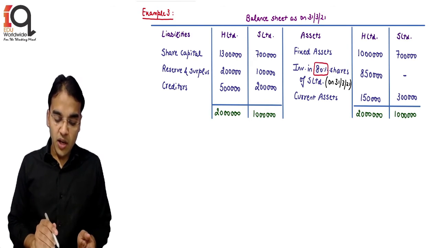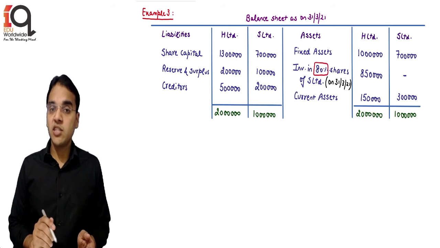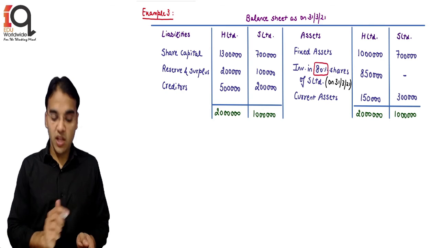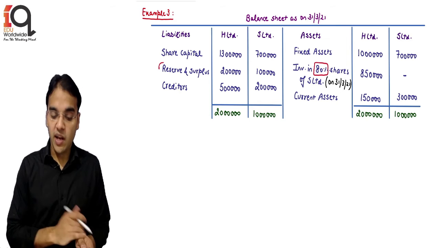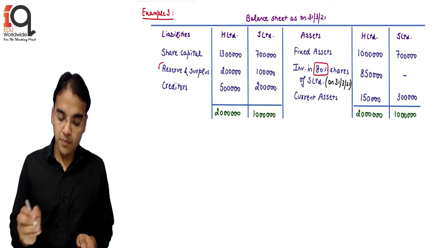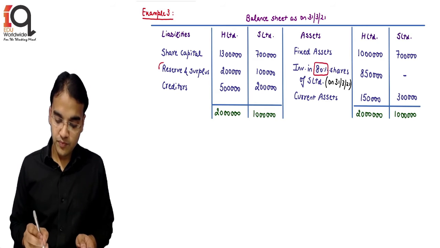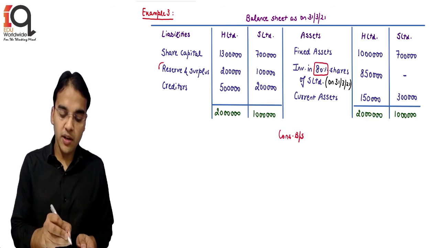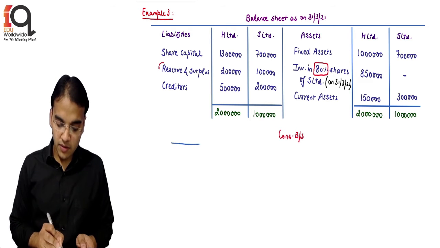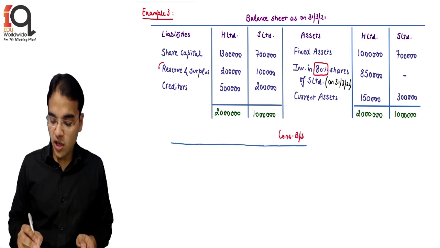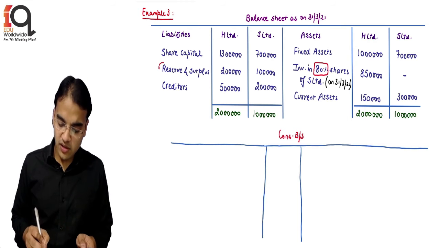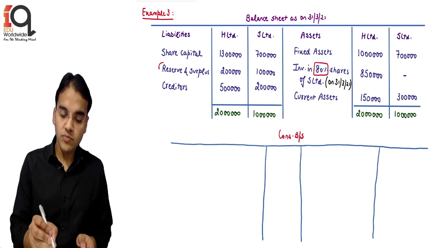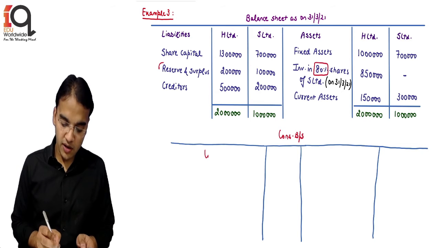Current assets are there. Now here, apart from the creditors and share capital, there is something known as reserve and surplus as well. So there is one new item which I have put, that is reserve and surplus, student. That is 2 lakh and 1 lakh, and we have to make the consolidated balance sheet. So let's try to make the consolidated balance sheet and learn a new thing in this example, which is a very easy example. The only thing is there is reserves and surplus also. So liabilities are there.